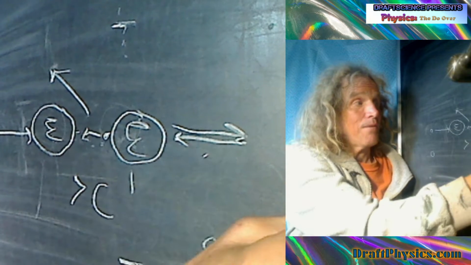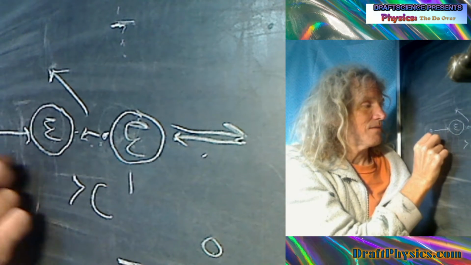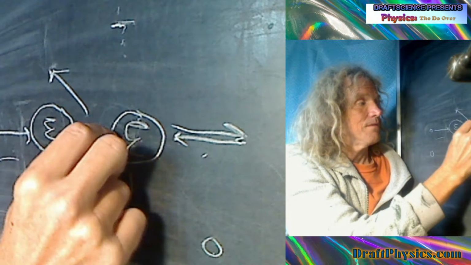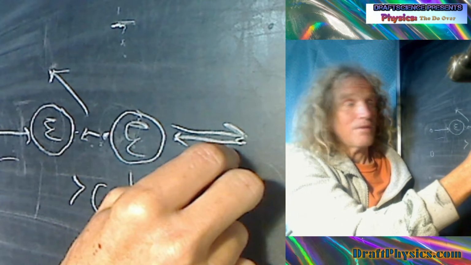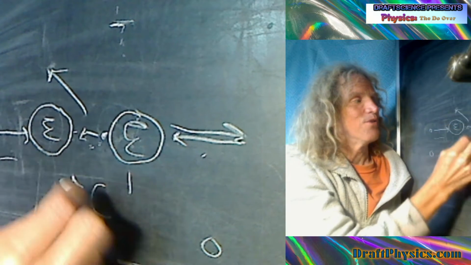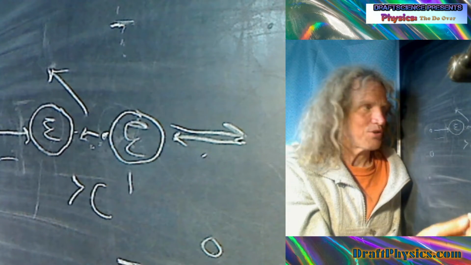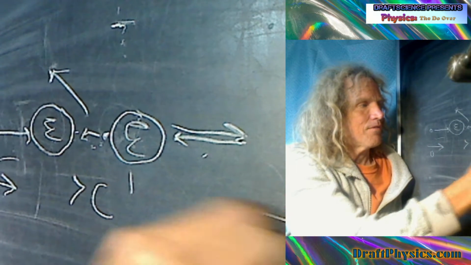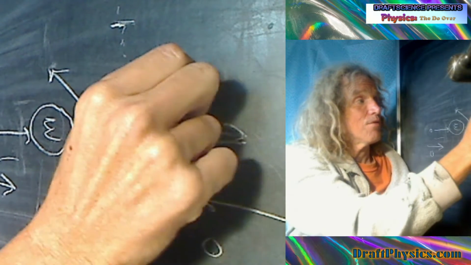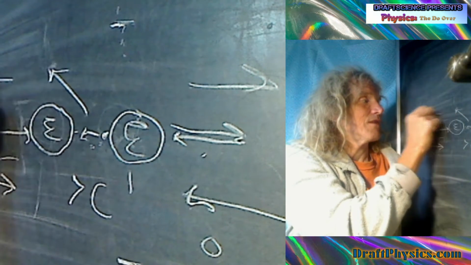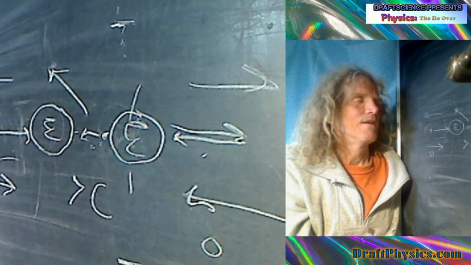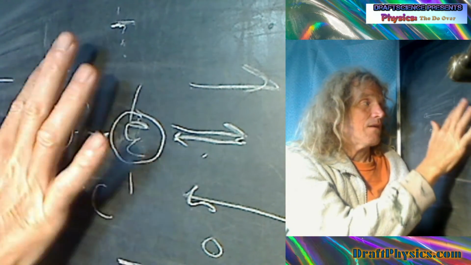You have something going that way, which essentially was this piece going that way. It's still going that way. This bit that was this bit now is essentially going this way. So the outcome is exactly what you had in terms of forces. You had a force going this way, and now you have a force going this way. You're going to have a force leaving this way, and you're going to have a force leaving this way. So that will be equal, and this will be stationary. So that solves the problem.